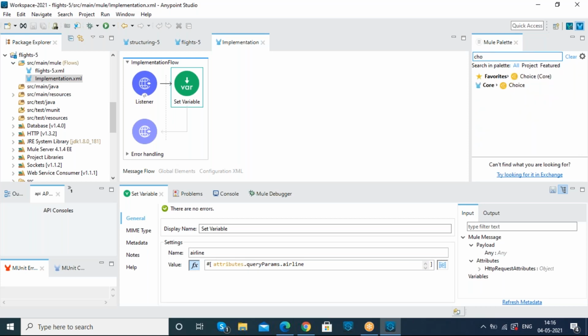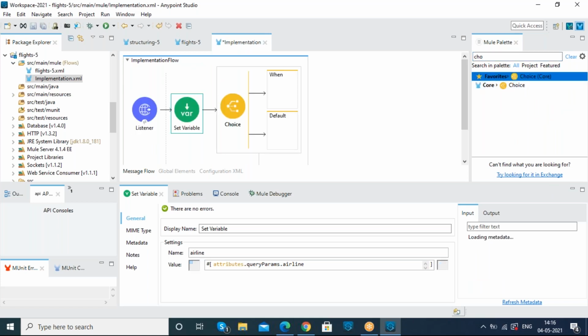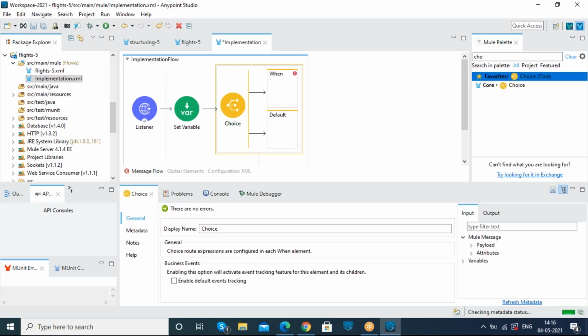Now there is a router called choice, where the choice router is used to call multiple APIs into our flow based on conditions. So here there is a default.